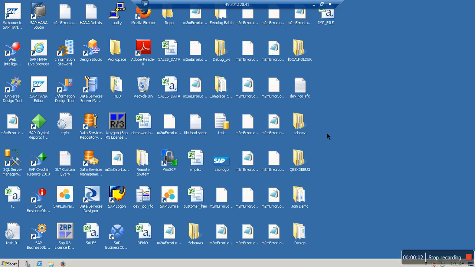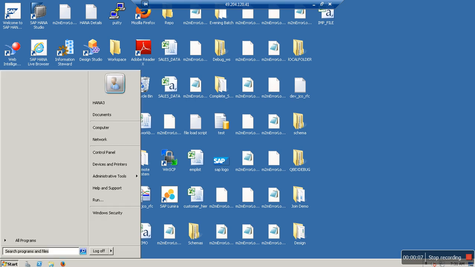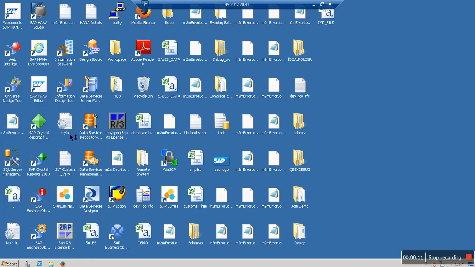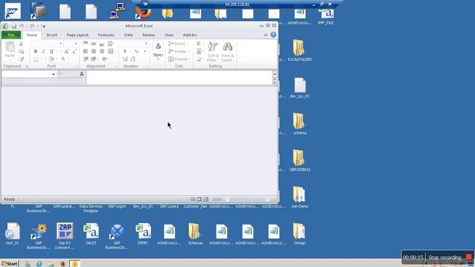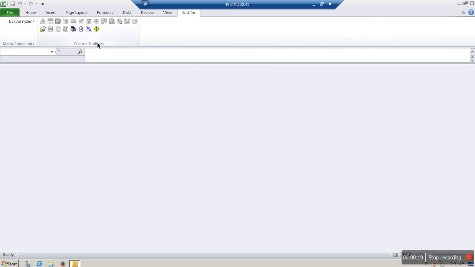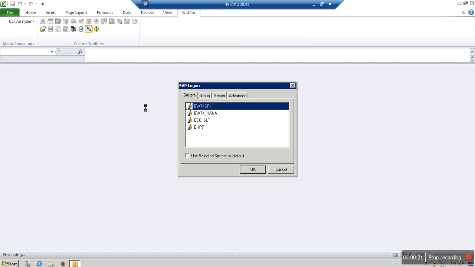Okay, boss. So when you say analyzer, it's like normal Excel with some add-on components. Let's say I'm trying to open some BEx query in analyzer. It has to open an Excel and then see add-ins. Now you can say get connected. So it will show you all the systems which are available, and